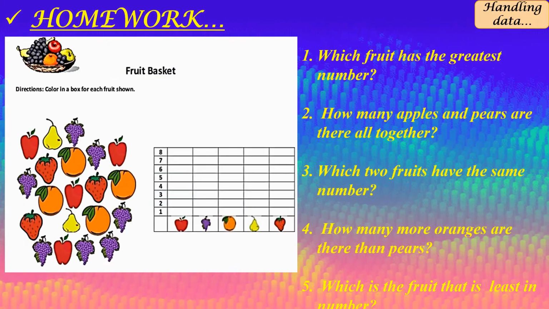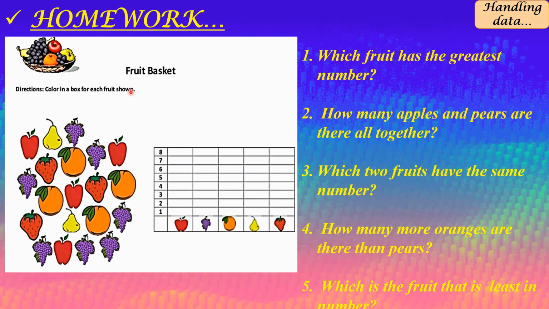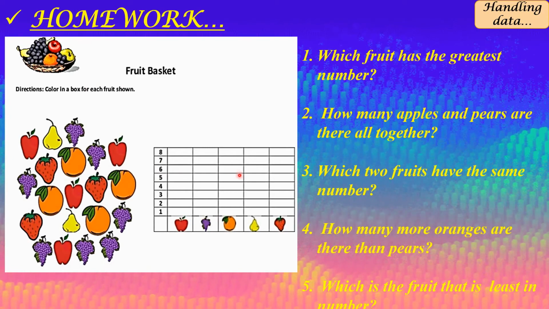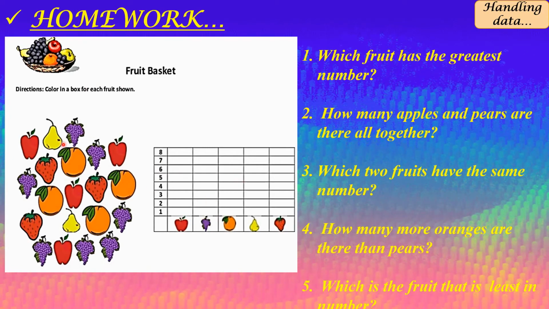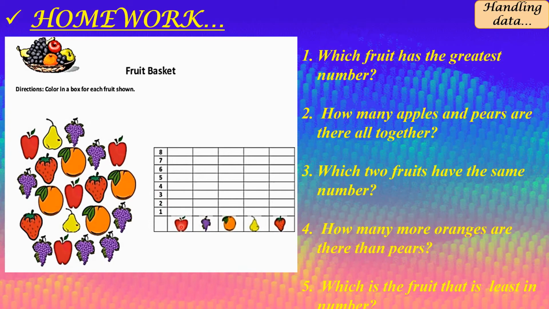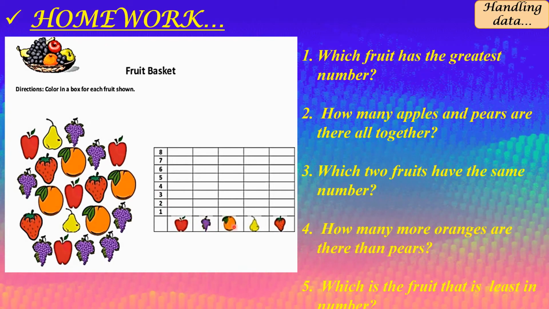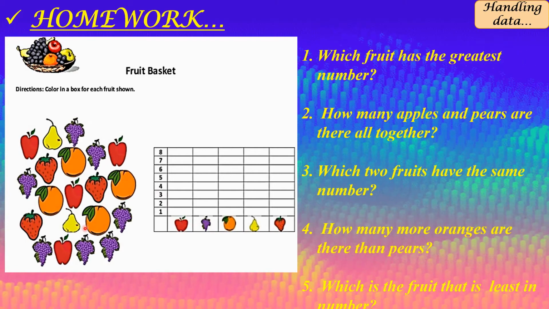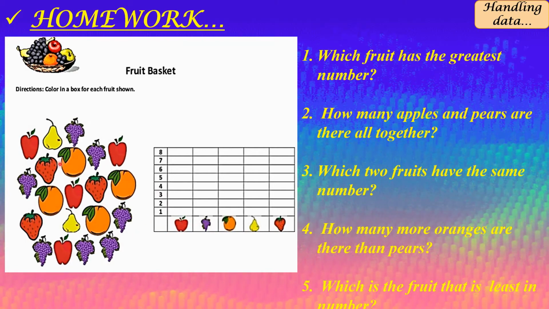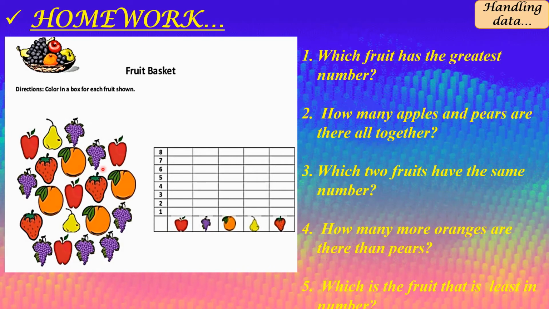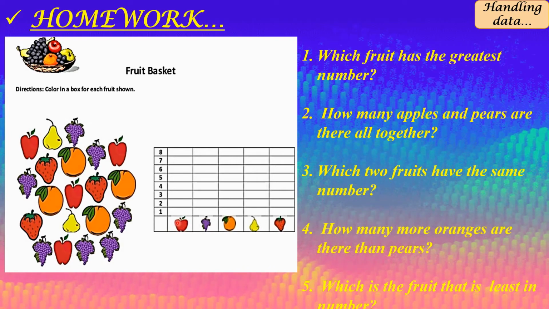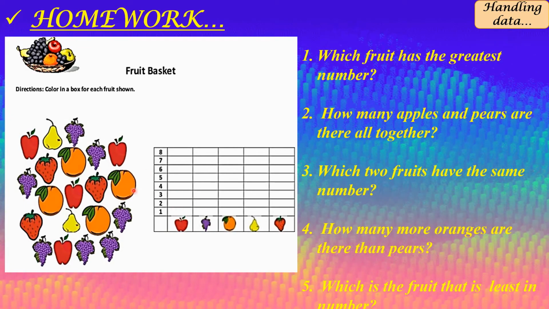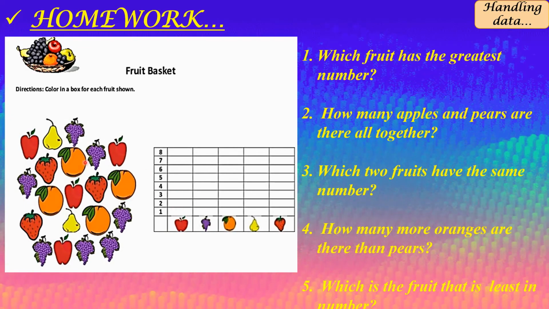So student, here the other homework for you. Student, first what you will do? Yes, of course, first you will draw a table like this. Then you have to count. Here you will draw apple, grapes, oranges, pears and strawberry. Then you have to count this. For example, apple. Count how many apples there were. 1, 2, 3, 4. So you will mark here 1, 2, 3, 4 apples. Then the grapes, like that, oranges, pears and strawberries. Then your table will be complete.